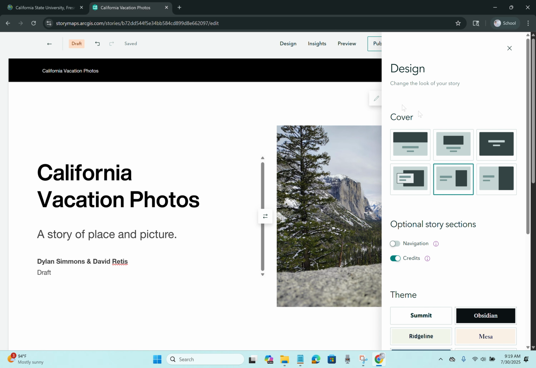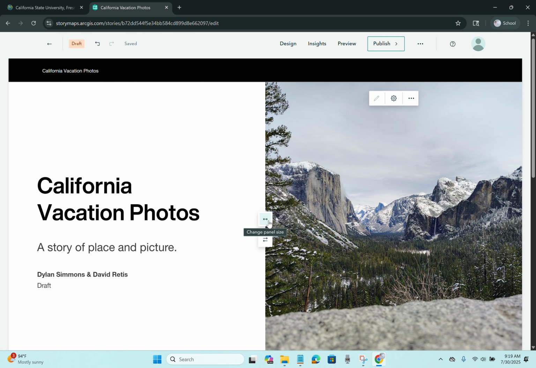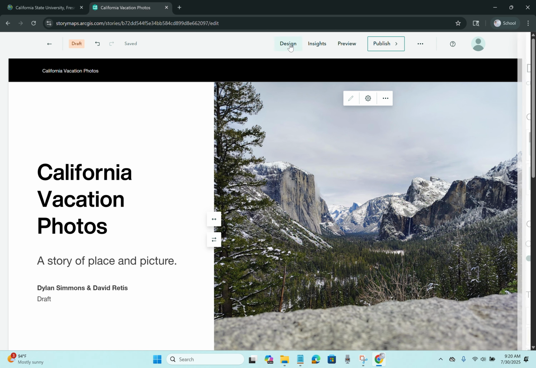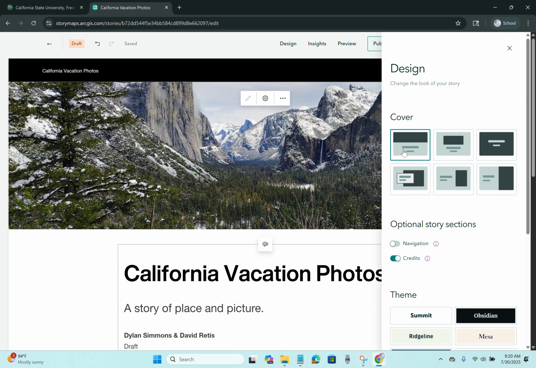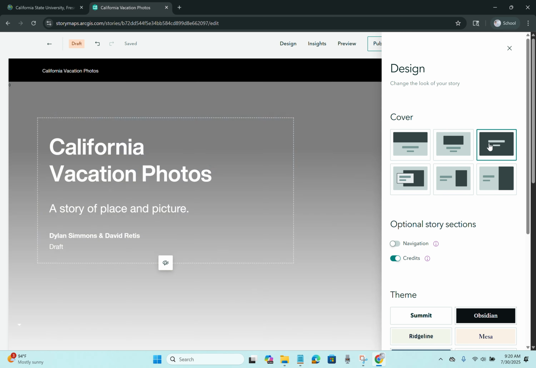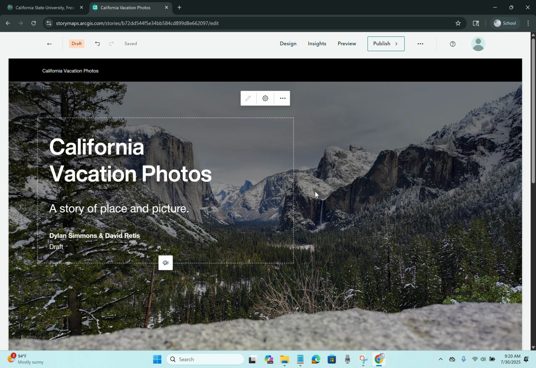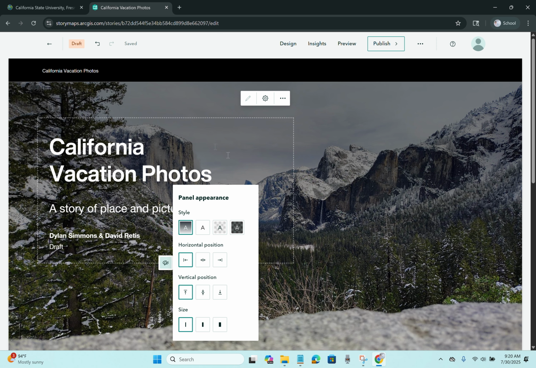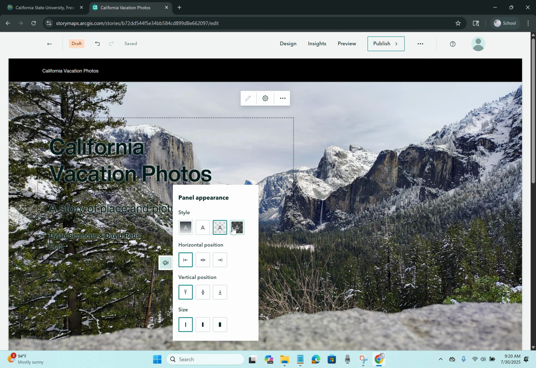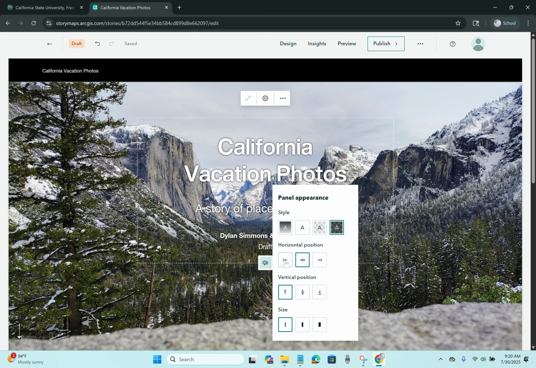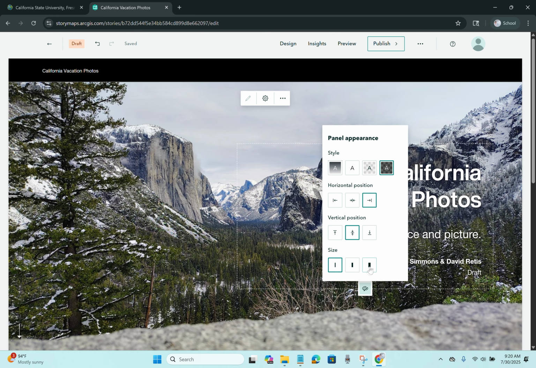Clicking in Design, with this information, we can still change our cover option. The information is applied and just simply changed based on the format. With the full option, you will see we do have an extra appearance option. Here we can choose the style and the position because our text is covering the image. Now that we are done with our title block and our cover, we are going to move on to our